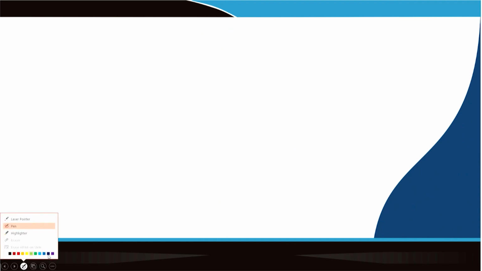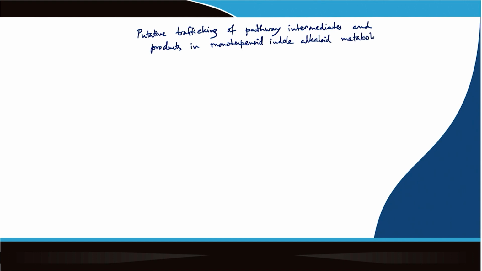So, here basically I will write putative trafficking of pathway intermediates and products in monoterpenoid indole alkaloid metabolism. So, here I will draw a structure